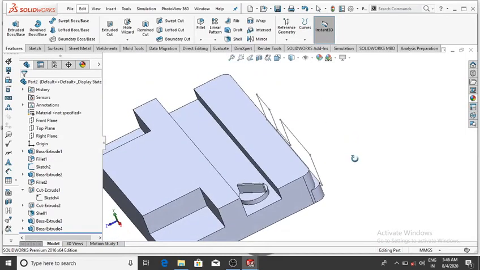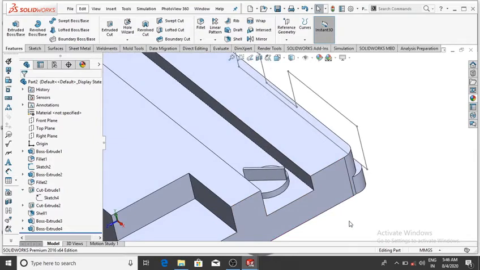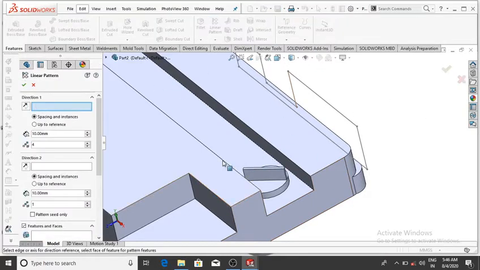And now we make the linear pattern to multiple bodies, so go to the linear pattern and select the direction.